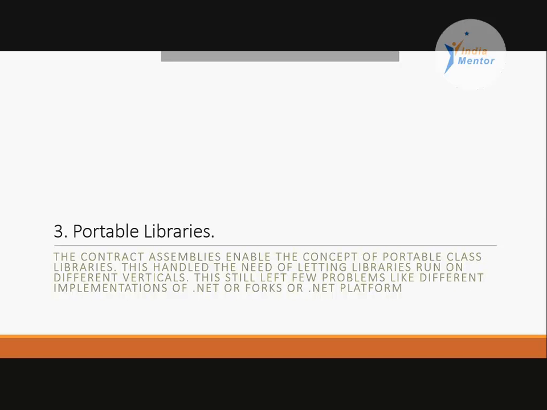They enabled the concept of portable class libraries, which basically allowed you to run your applications across different verticals, but it still left out a few difficult points, like there were too many versions or forks of .NET floating around, and it would be too expensive to make sure that all of those are actually ported at the same time so that your platform independence is supported. This is one reason why, when a .NET version is released, it takes a lot of time. You spend a lot of time testing each one of the small changes, but things can always still break.